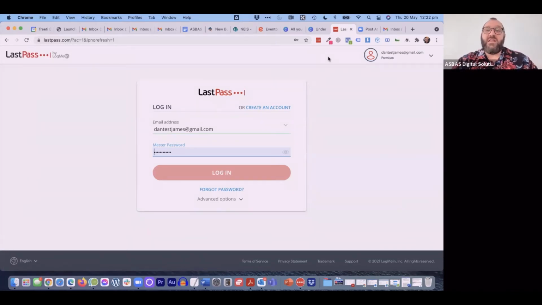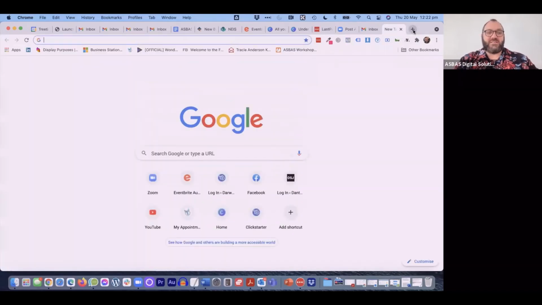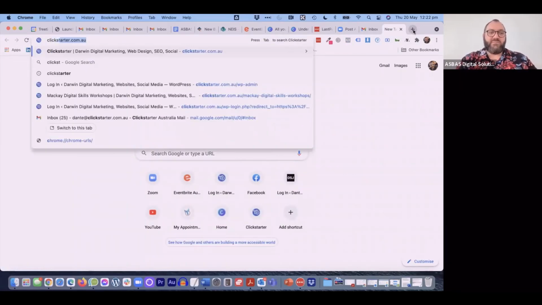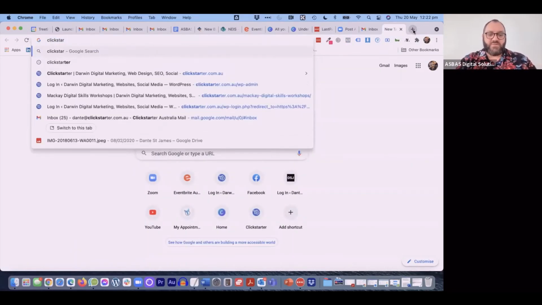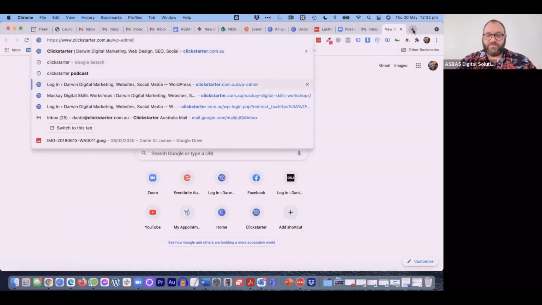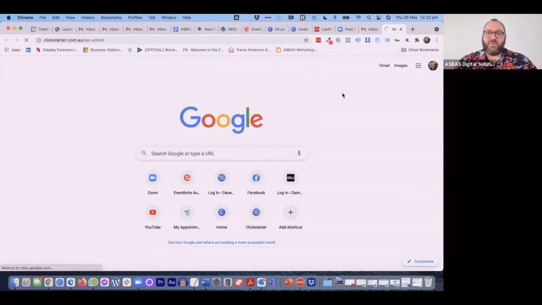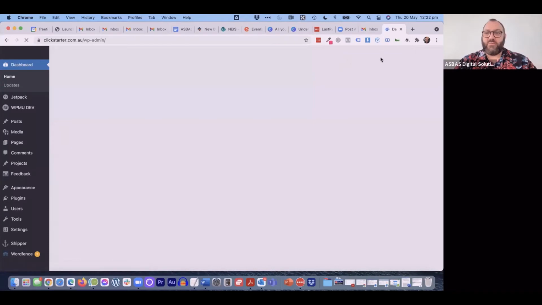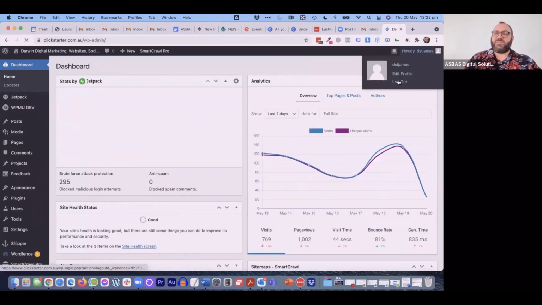So it means also that I've got access to things as out there as the back end of my website. So one of my websites, let's go there and take a look. This already might be logged in, so I might not be showing you the right thing. Yeah, I'm already logged in. But if I log out of that, you'll see how, again, it works. So log out,